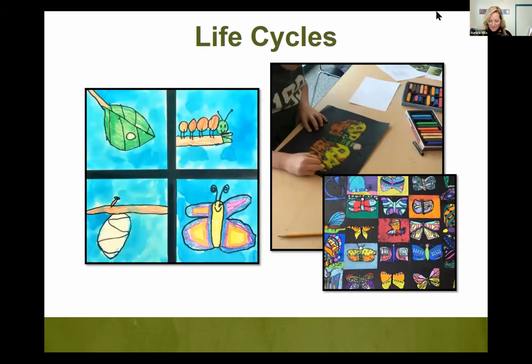And the last example I have relates to life cycles. This example relates to the life cycle of an insect or a butterfly. And I was really excited when I heard, I think it was Caitlin or Rita, talking about the bee homes and the possibilities of actually having cocoons to make observational drawings.